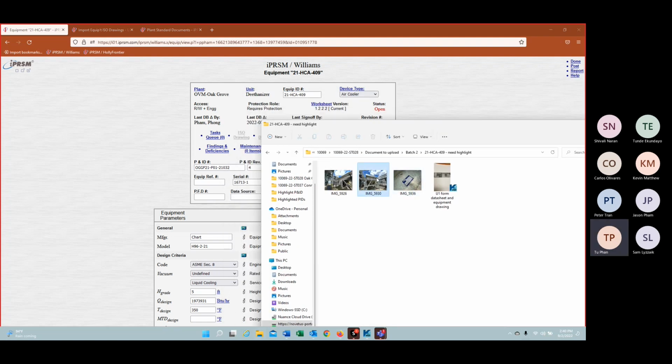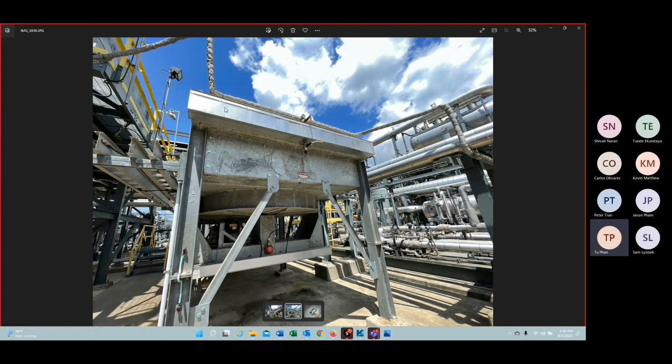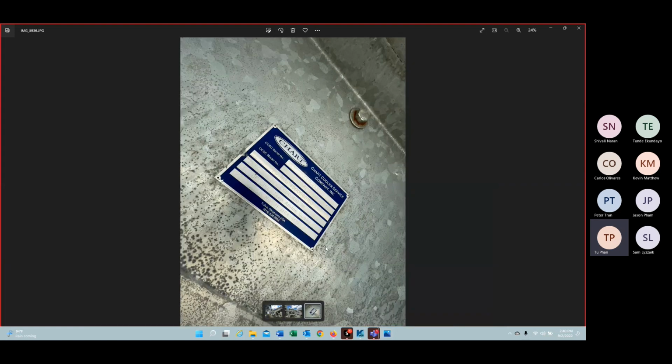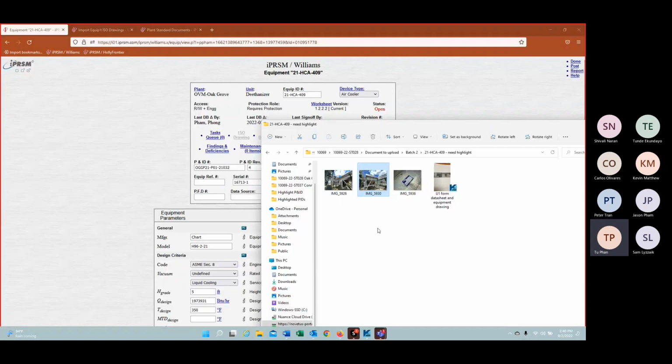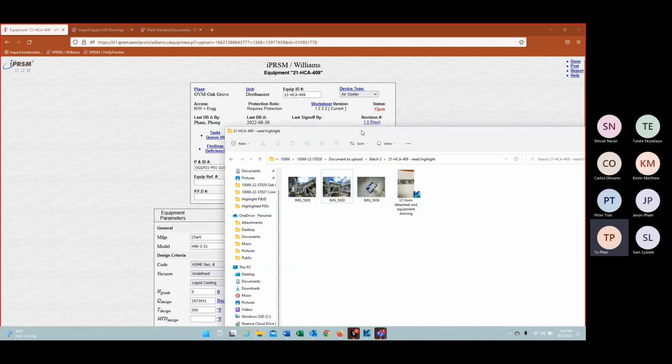And here, when I look at the photo, I can see that this looks like a full view photo for the equipment that you are looking at. And here we have the nameplate of the equipment. Sometimes there will be a folder with a lot of photos, and you need to pick out the best one to upload. In this case, somebody has already prepared it for me, so that is easier. So when you rename